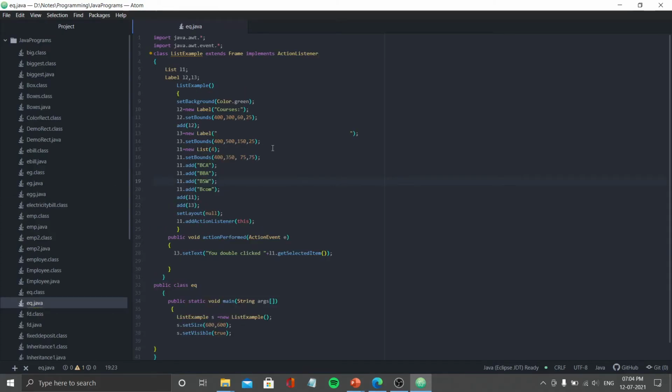So this is the sample code, and in this code we have ListExample as the class, and it extends Frame and implements ActionListener. Then we have list L1 and labels L2 and L3, and it is almost similar to the previous code that we have discussed, and it has 2-3 additional statements. Here we can see L1.addActionListener(this). This is an additional statement, and we have a new method, that is public void actionPerformed(ActionEvent e), and between the curly braces we have written L3.setText("You have double clicked " + L1.getSelectedItem());